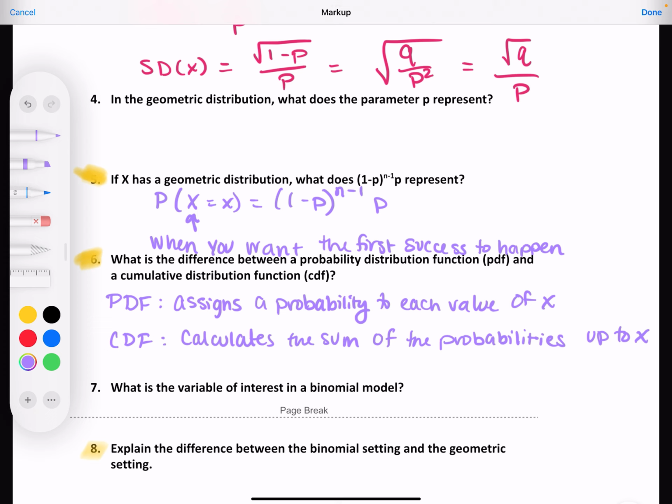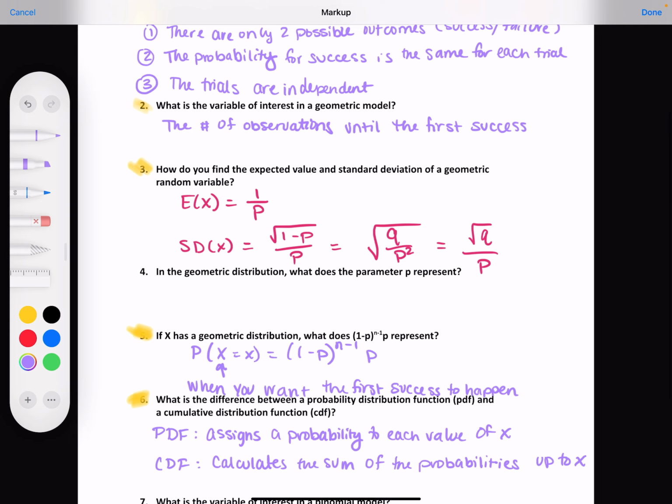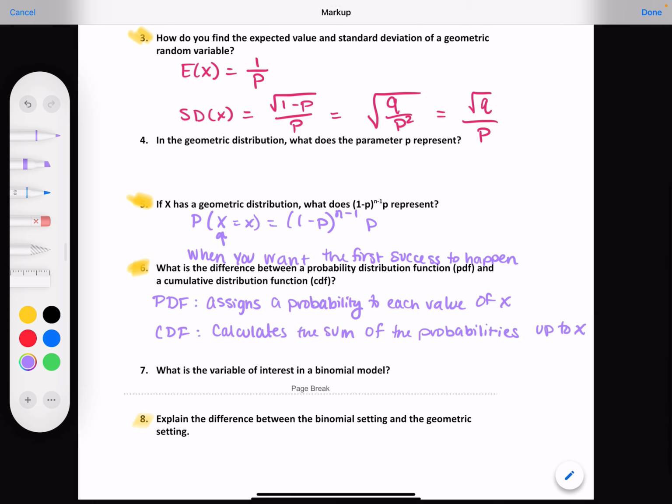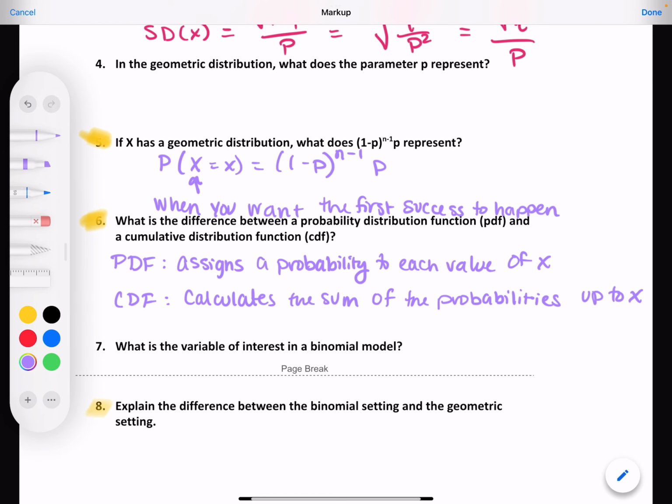I'm going to answer 7 just for the sake of helping you out, meaning you should look at it, but that's not one that I'm necessarily specifically pulling from. What is the variable of interest in a binomial model? So with geometric, I'm looking for the number of observations until the first success. So with binomial, what am I looking at? Just successes in general, in that amount of trials. Okay, yes, the number of successes